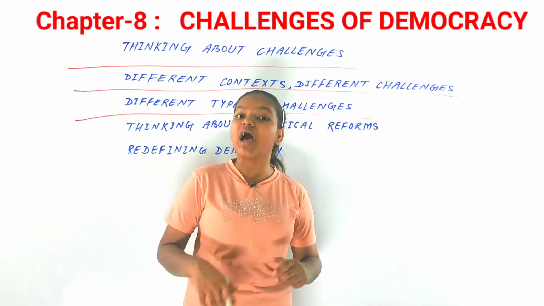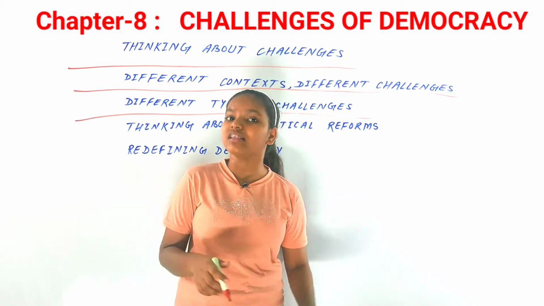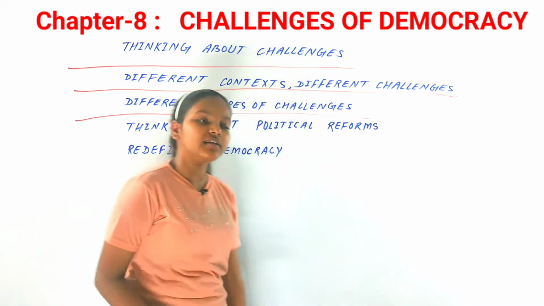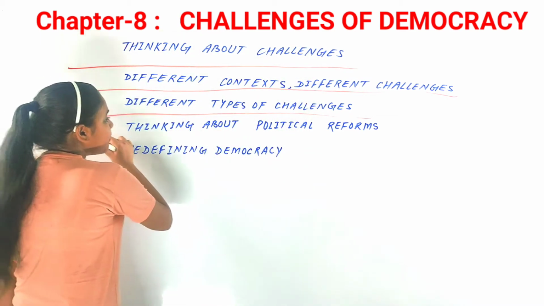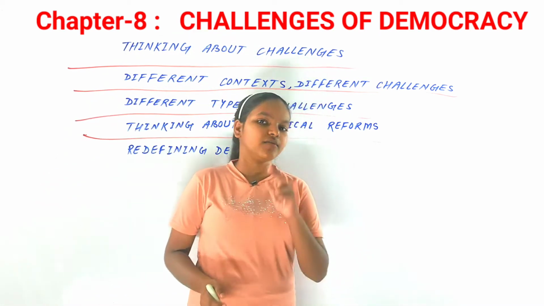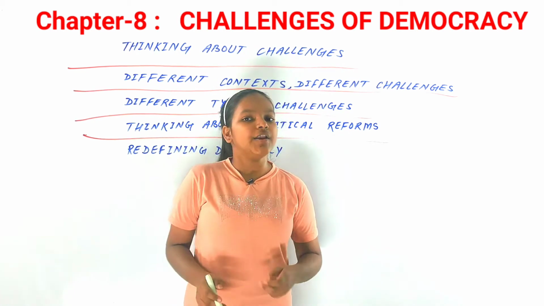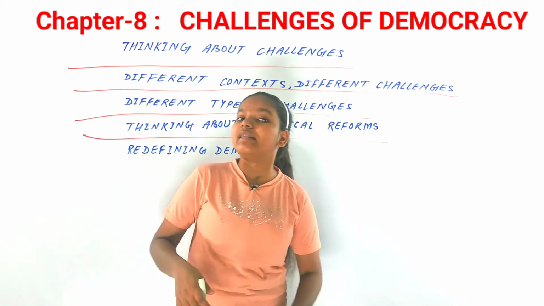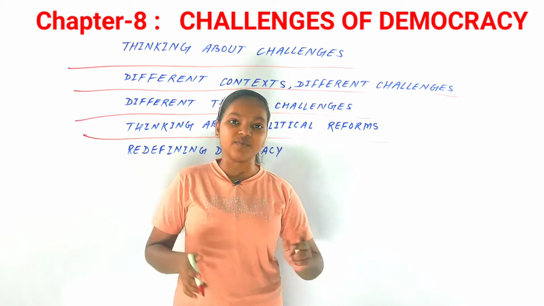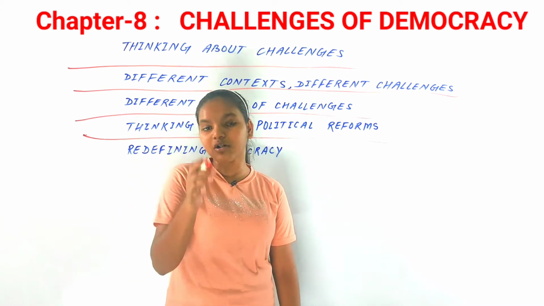Well, we did discuss the foundational challenge, the deepening of democracy, and the expansion of democracy. But besides that, there are still many types of challenges that can be in any democracy. Now the next topic that we have here is thinking about political reforms. Now, if we are talking about the challenges of democracy, then shouldn't we have a set of political reforms? You might be thinking that we need reform in all democracies, but I'm not going to show a list of desirable reforms because we cannot have the same list of political reforms for all the countries.